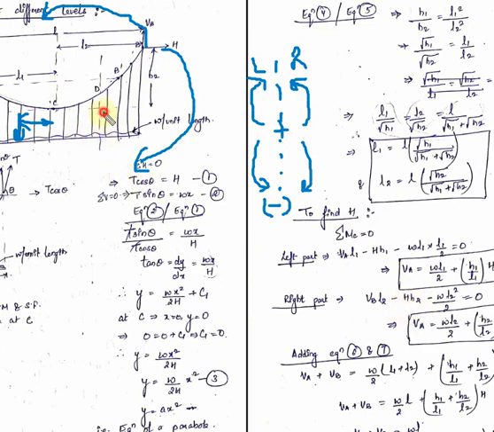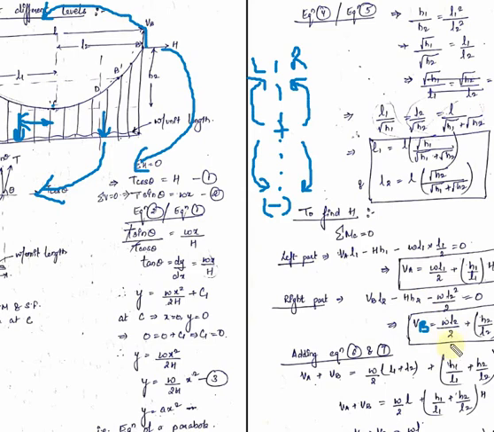Third force is your UDL, which is acting in the downward direction. So UDL will also produce a clockwise bending moment about the C point. If the right movement is clockwise, bending moment is negative. So minus W into L2. First convert UDL into point load. So W into L2, and this UDL will act at the center, that is L2 by 2. So W L2 square by 2. So we will get the equation of sorry, this is the equation of VB. You can correct, this is VB. So we will get the equation of VB as this.